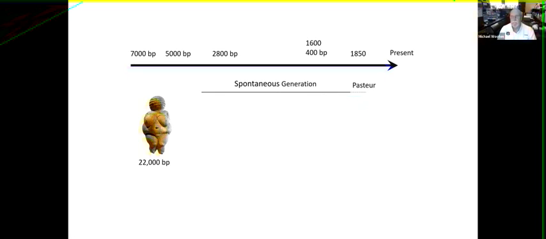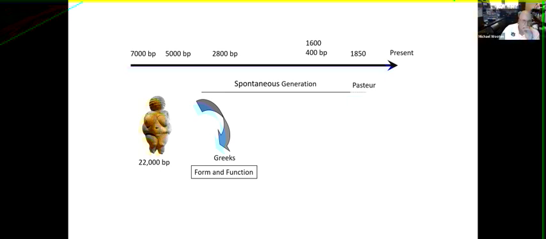I mean, this whole idea back in the Middle Ages of morphing base metals into gold and all that was really part of this whole construct of spontaneous generation. Now, a lot of thought had actually gone into it that was counter to this. The Greeks, who had dissected individuals, humans and other organisms, looked at these things and realized that there was a relationship. One of the important things for us is the relationship between form and function.